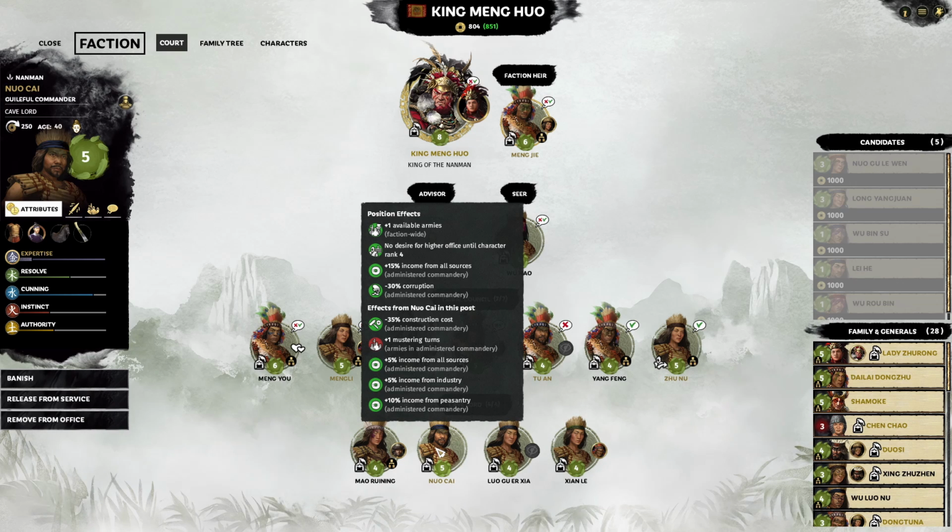So they're better than the Bandit version, which actually gets a nerf when compared to the Han version. Here we get the same +1 army limit, +4 ranks of no desire for higher office. You won't pick up any desire for higher office until you're past rank 4. And you also get 15% income from all sources, which is wonderful, and 30% corruption in the administered commandery,